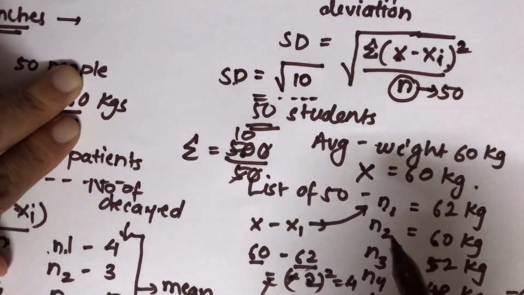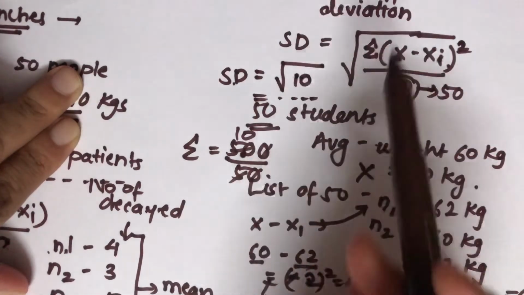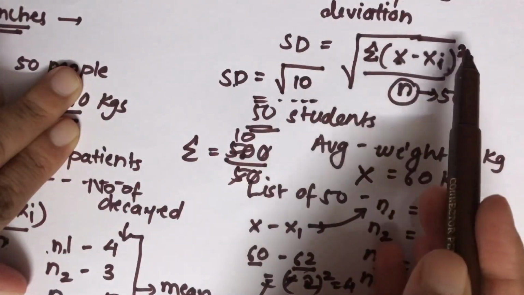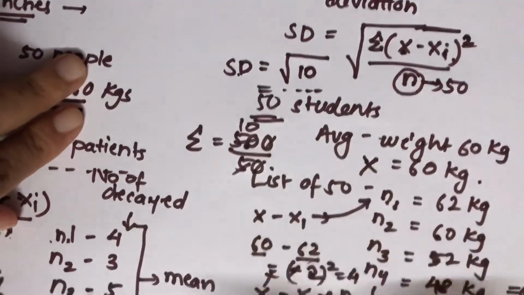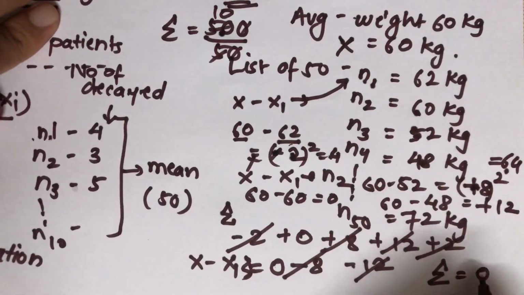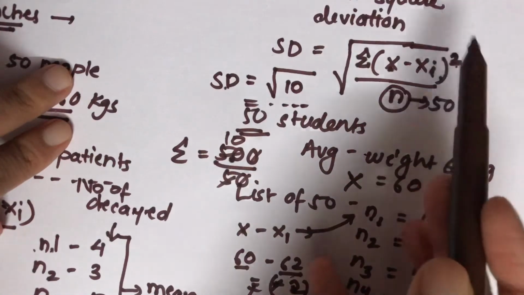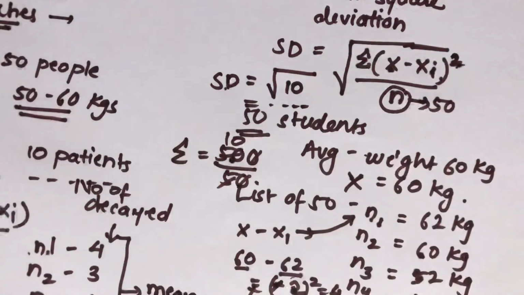Now you would be thinking why we are doing such ridiculous work. First we are squaring things up, then again we are taking the square root of the same thing. The aim of doing all this, that is squaring and then taking the square root, is to overcome the problem that we were getting, which is the sum being 0. So to overcome this, we first square it up, and since we have squared it, the standard deviation would not be properly scaled. So to get the proper standard deviation, we take the square root of it.